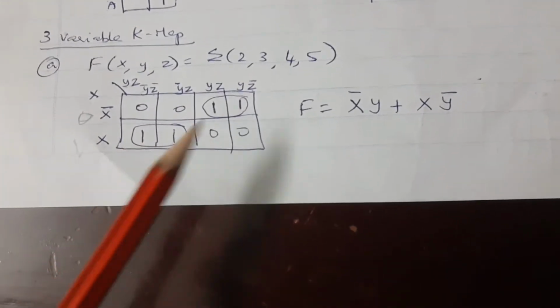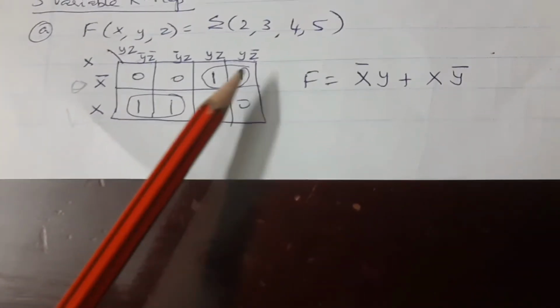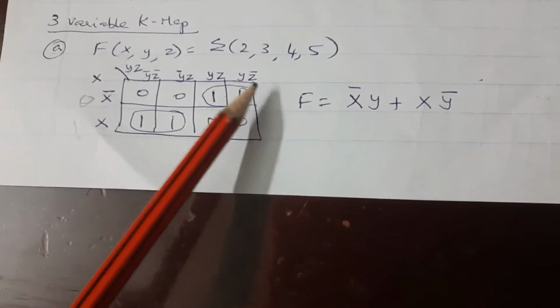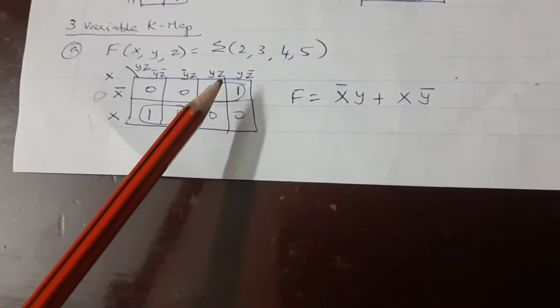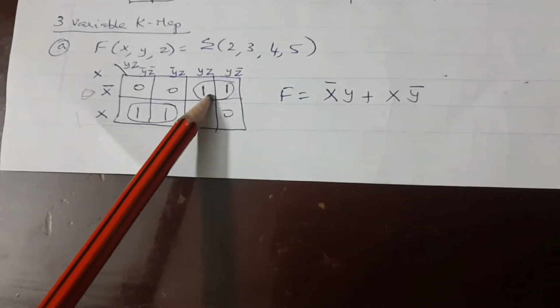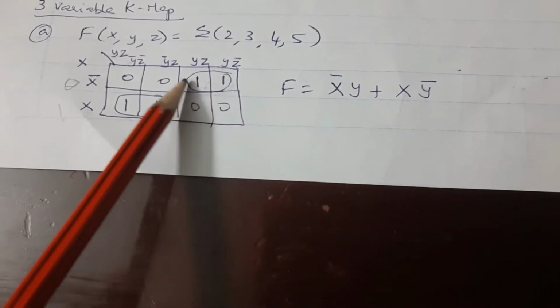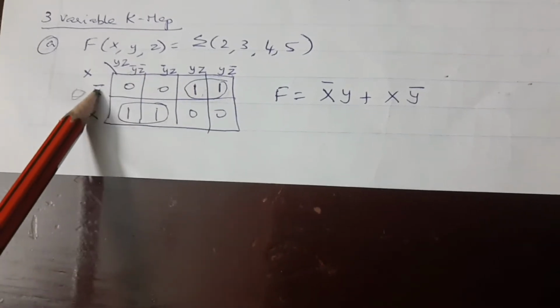Now we have given you the values. The minterms have been marked. So 0, 0, 1, 1, 1, 1, 0, 0. You are going to combine the minterms as the ones. Adjacent values are combined. So how many combinations? Two combinations. Therefore you will have two equations to be written. Now take this value. What is the combination? On the row side you see x bar. It is maintaining the value. So x bar is there.